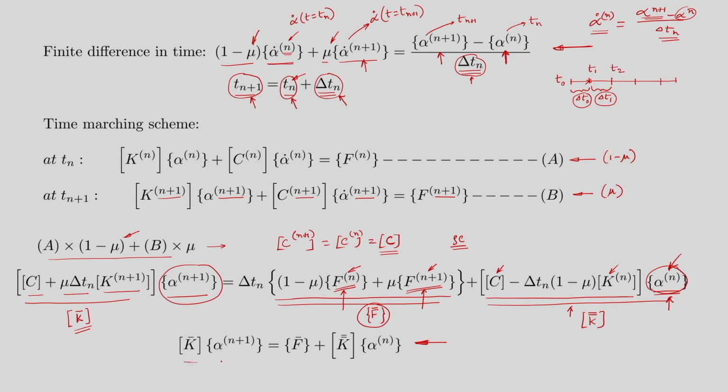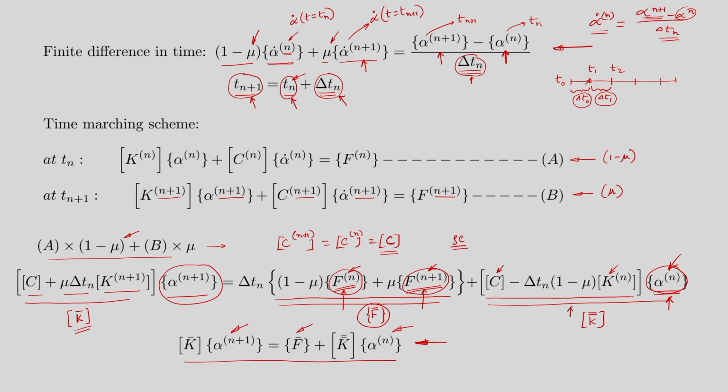So, we can now solve. We can invert K bar. Obviously, we have to enforce the Dirichlet boundary condition before that. But the point is, the solution at Tn plus 1 I can obtain from the solution at time t equal to Tn and the force term corresponding to n plus 1. It contains both the force contribution at time t equal to Tn as well as the force vector corresponding to time Tn plus 1.